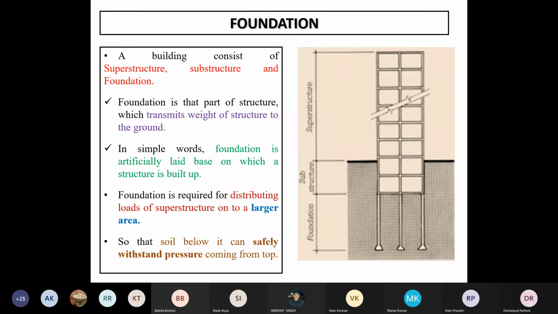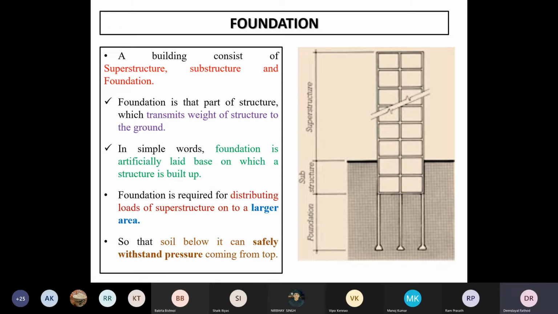Yes, sir. So as you know, you might have studied in your basic civil engineering class, this is the building, and below the building we will have this foundation. Above the soil is called the superstructure, and below that we call it the substructure, or nothing but the foundation. So all the load would be transferred to these foundations. That's why we always say foundation should be strong. So the whole load will be transferred to the foundation, and this foundation to the soil.